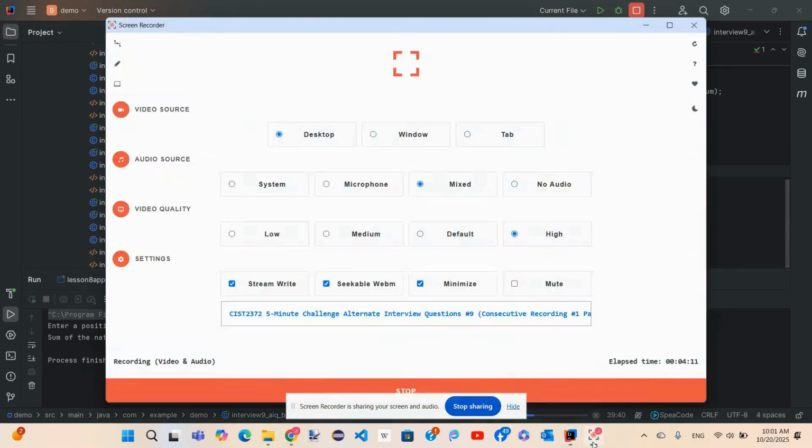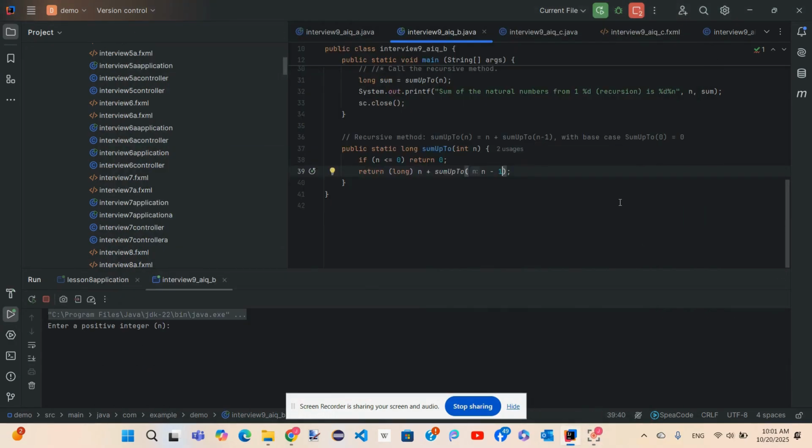Let's run it together. So now the recursion result is 105. Then the recursion is 325.